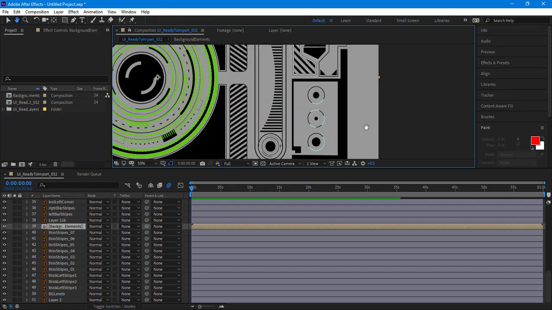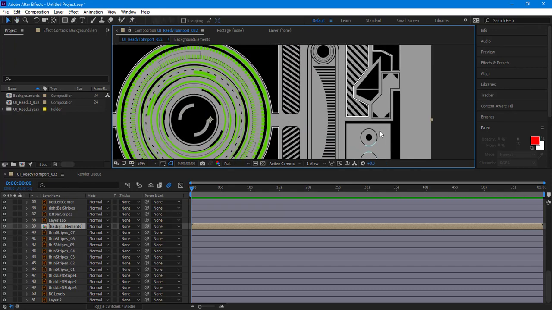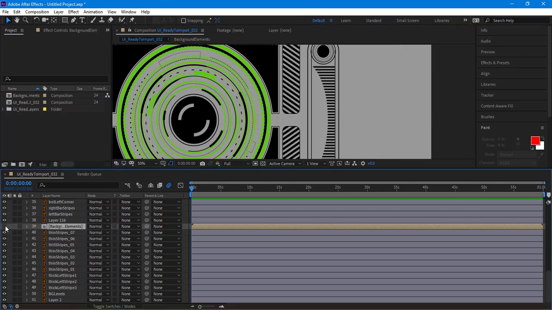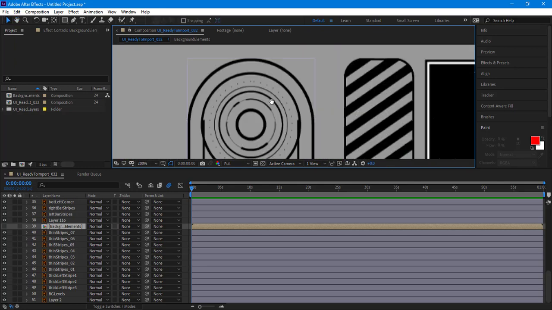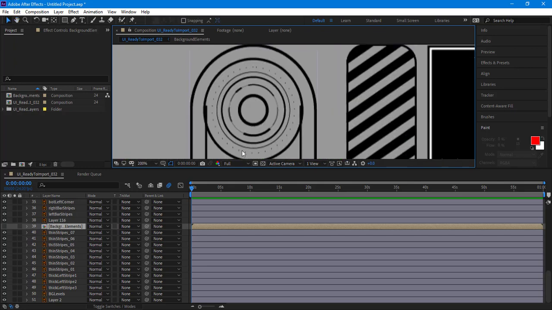Okay, now that shouldn't change anything visually that we're seeing. Everything should just be exactly as we saw it there. Okay, if I turn it off, I can see exactly what I've just put onto that composition. If there's other elements that I also want to put there, I'll put those there too. Some of these things I've broken down pretty small. So like this element here has been broken down into little pieces. So if I wanted to